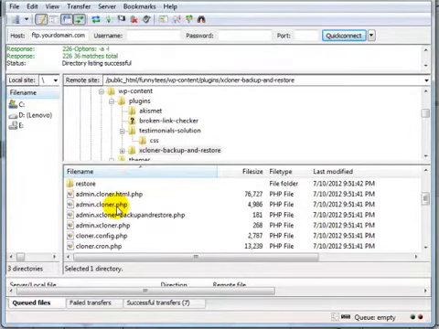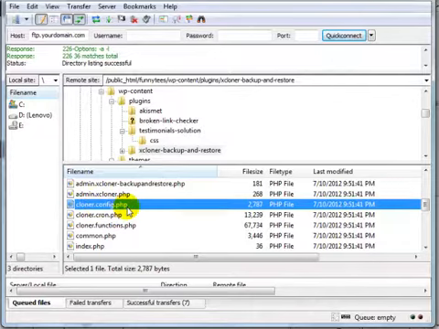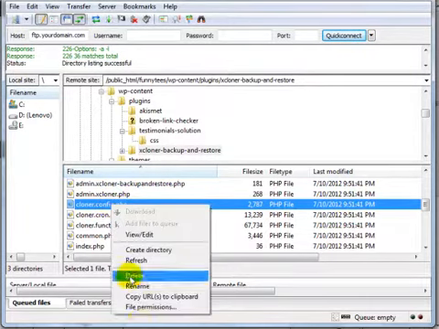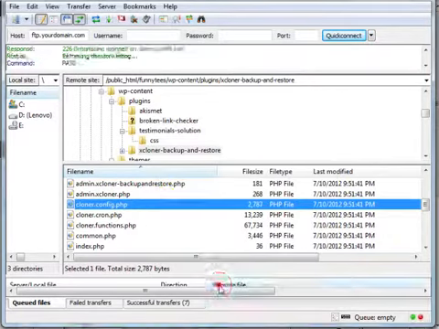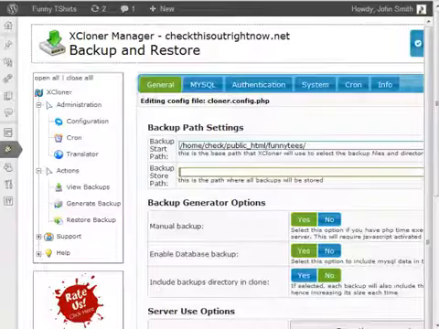Double click that, and then what we're looking for here is the cloner.config.php file. We need to change the permissions of this file. So right click, click on File Permissions, and change this to 777. Click on OK, and then we can go back to the WordPress dashboard here,